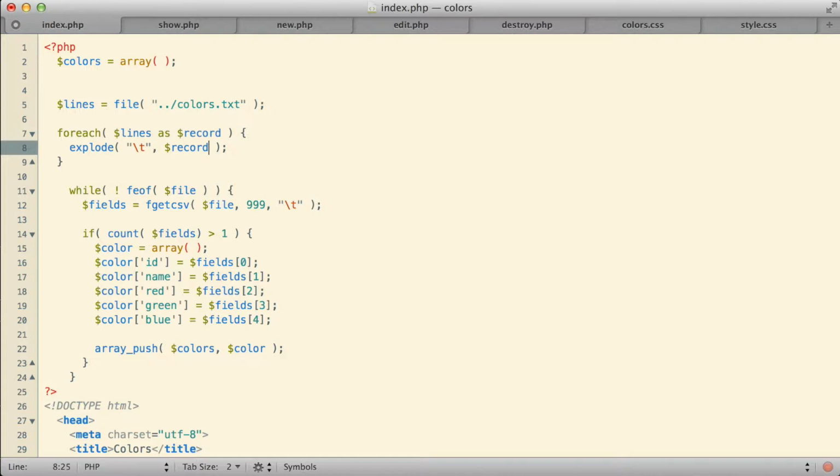It will take the string you've provided and the delimiter, and split that string up based on that delimiter. So if this record string contains 5 different fields, each one separated by a tab, then the explode function will give me back an array of 5 separate fields. I could take that array and store it here in a variable.